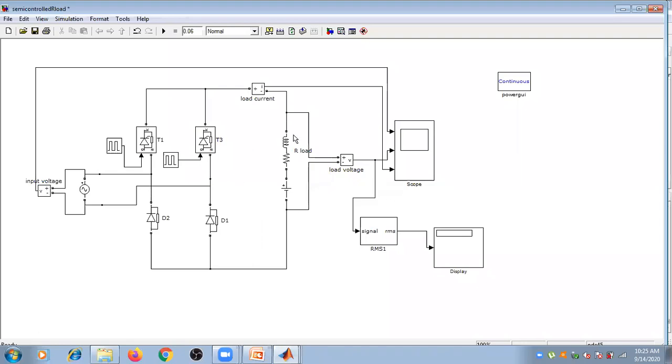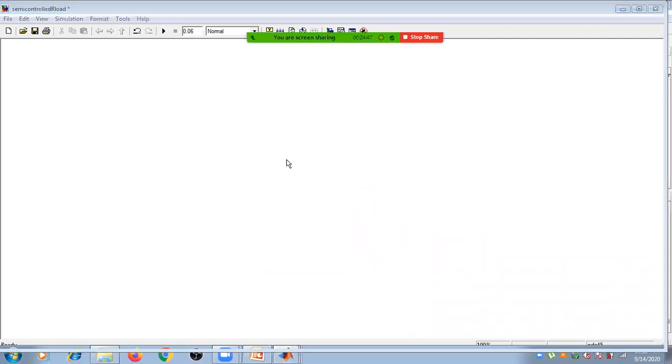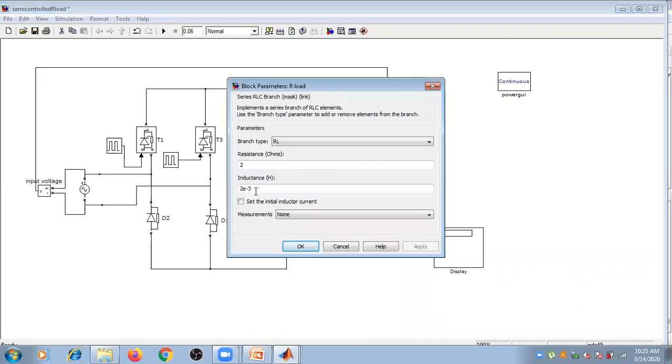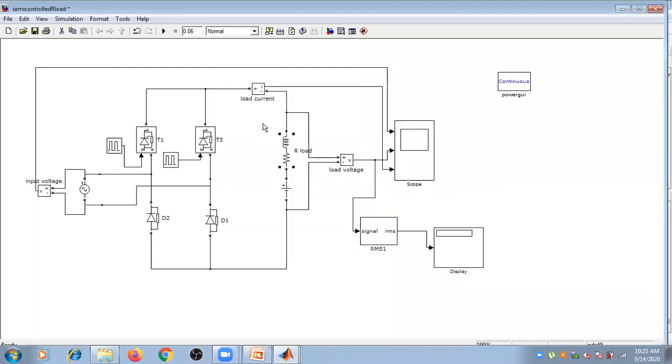Any of the motors, whether it is a separately excited DC motor or series motor, no worries, because the effective resistance and the inductance values will be changed. If it is a series motor, then shunt resistance plus series resistance will be added to the total resistance value, and similarly in the case of inductance also. So for both the motors, this representation is the same. Whether it is a series motor or shunt motor, this representation is the same.